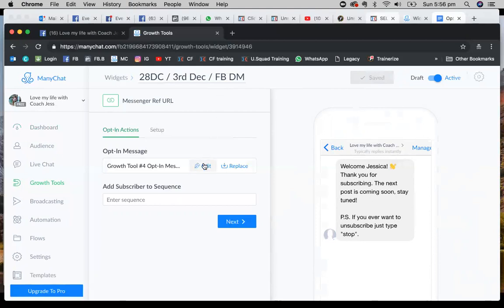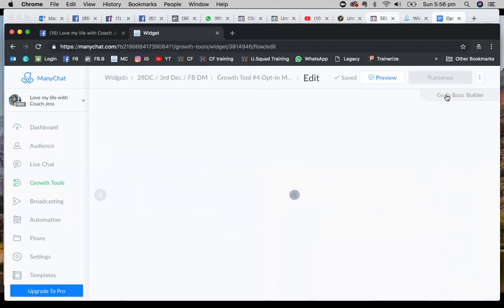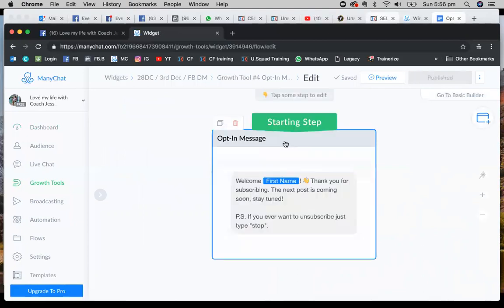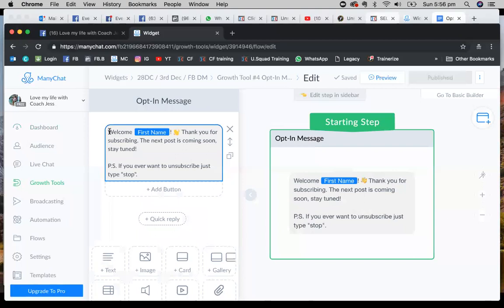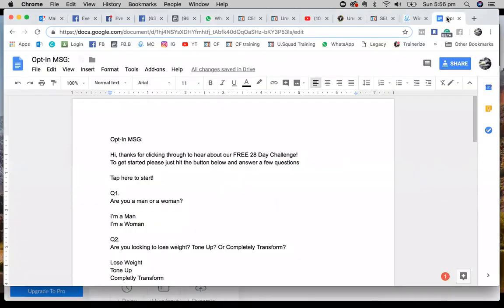All right, once we've done that, guys, we're going to go to edit. Now, the best way I like to do this is in Go to Flow Builder. Seems to be the most popular as well. So once we've done that, we're actually going to start editing the message. Now, a lot of the time, unless they've properly subscribed, you actually can't put in their first name. So what we're going to do, guys, once you're up to this part, there's a button below in this section with the opt-in message, and that's where we're going to get you guys to go through,